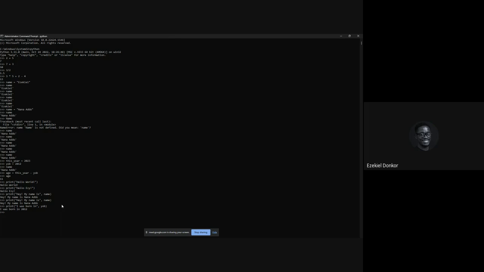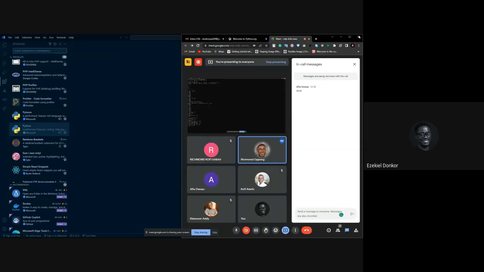So again, we are giving our PC a set of instructions, but this is not ideal. It means that you have to say one thing for your PC to execute and say another thing. Now imagine if you have 10,000 things to say, or even a few hundred things to say. It means that your PC just has to keep executing and executing, right? You give these set of instructions, and the moment you close your command prompt, it's gone.